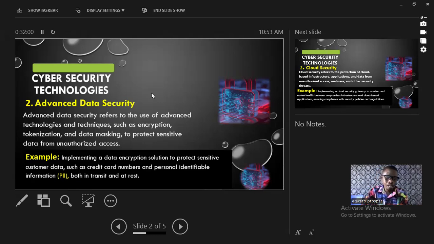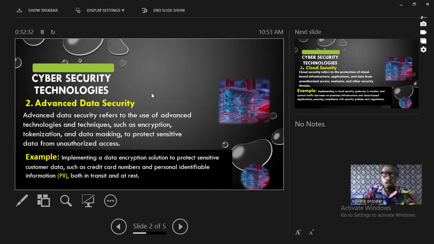So what we are saying is that if information is encrypted, if it is secure with the advanced technology, even when that information is moving on the internet, the hackers cannot trap it. Are you with me? That's the meaning of being safe both in transit and at rest. Rest means data in a fixed location.